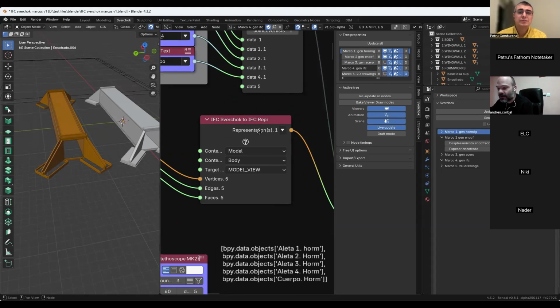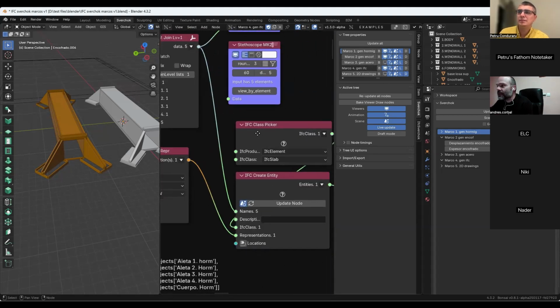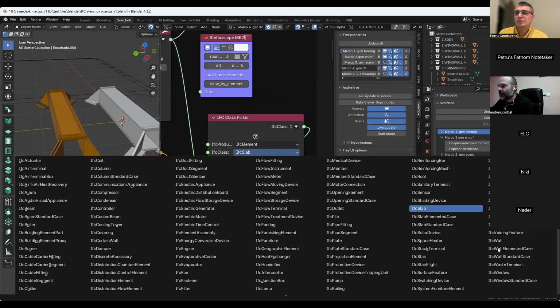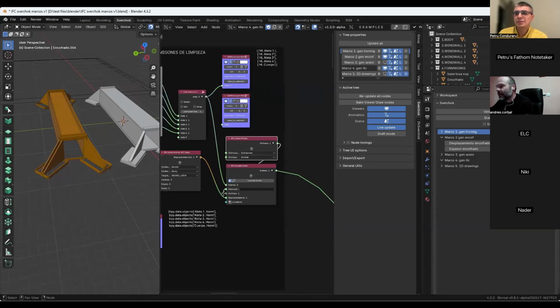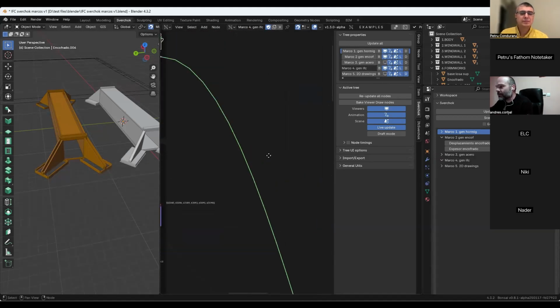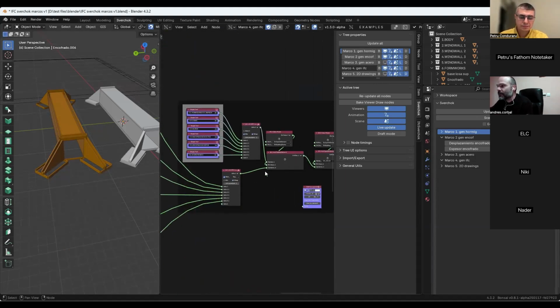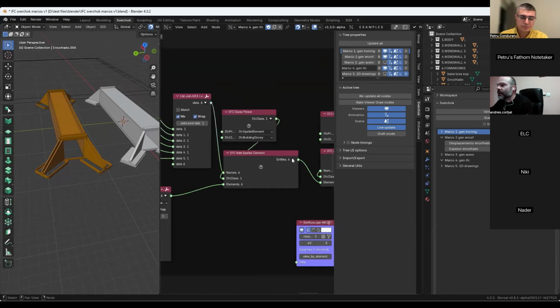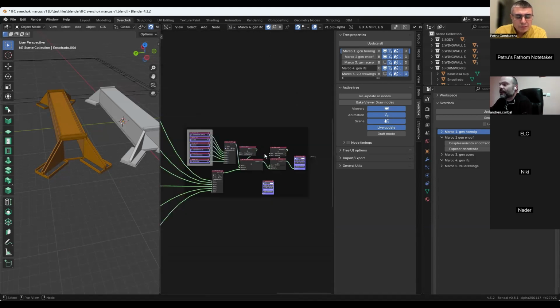You have one node, and then you can assign a class picker. You have the classes, and you create entities, and then you create your spatial classes: spatial element, building storey. And it can write the file.